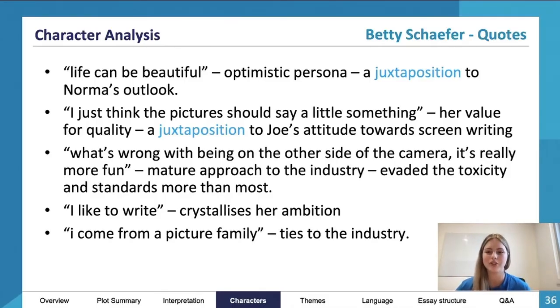So this is juxtaposing Jo's attitude towards screenwriting and, I guess, her value for quality over quantity, or the B-grade scripts that Jo was writing. "What's wrong with being on the other side of the camera? It's really more fun." So you can see there's kind of a mature approach to the industry there, and evading